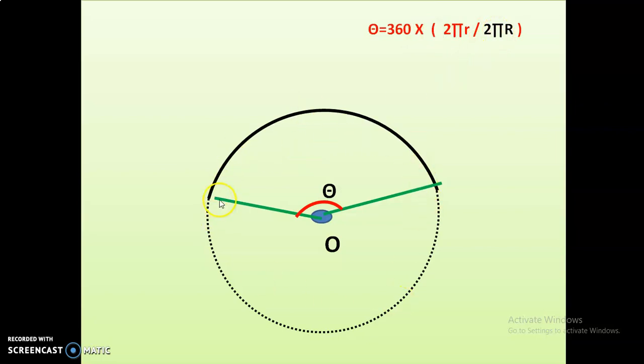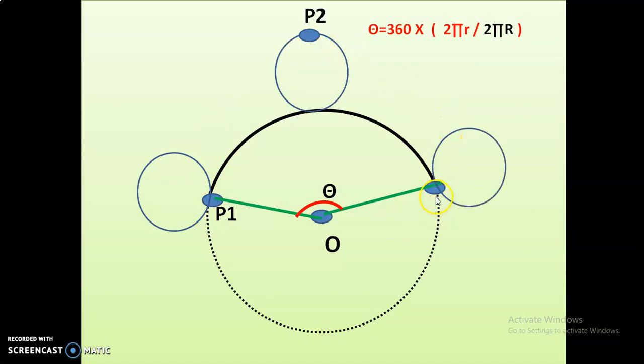On this base circle, we have a small circle. This is the rolling circle or generating circle. It contacts the base circle at point P1. The generating circle rolls on this base circle. After half a revolution, point P1 comes up to this position. In the next half revolution, P2 comes down to this position. So we got three points, P1, P2, P3. If we join these three points, we get the epicycloid curve. This is how we get the epicycloid curve when a circular body rolls on another circle.